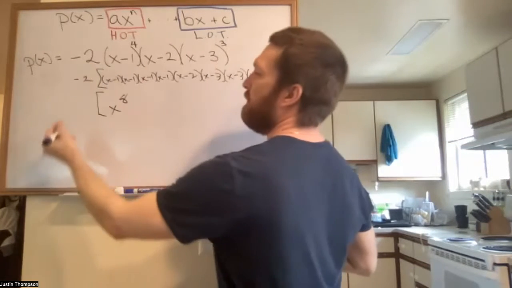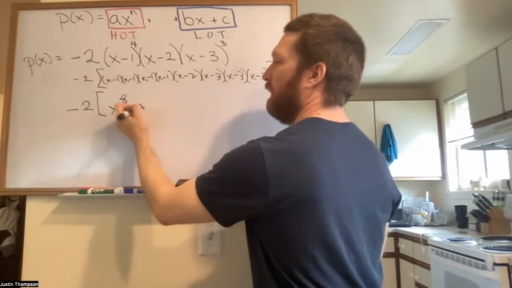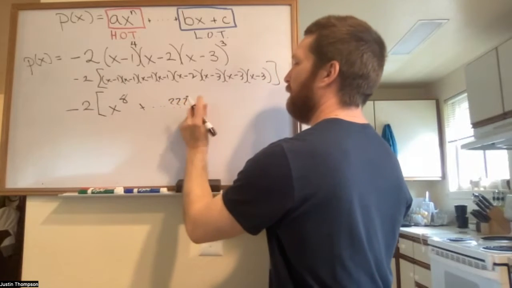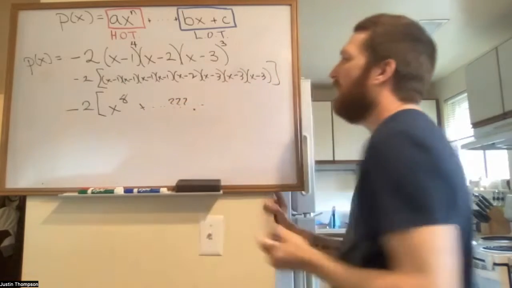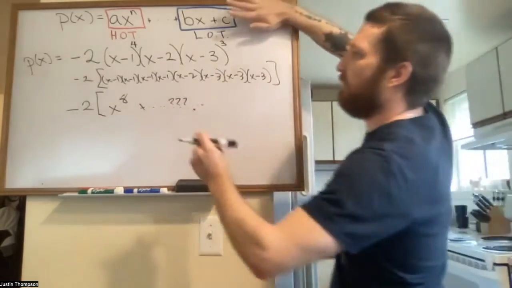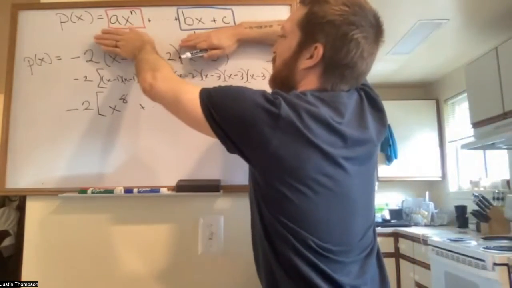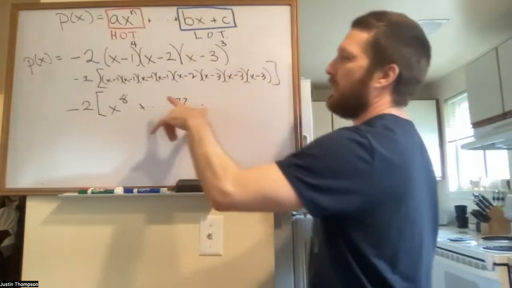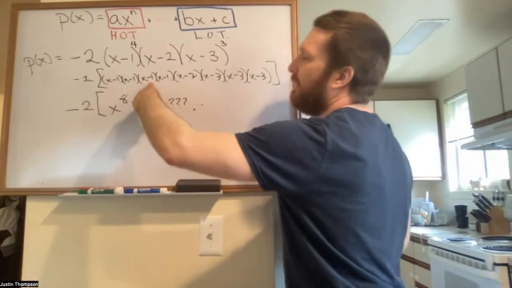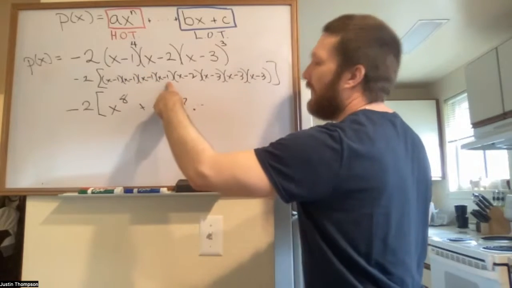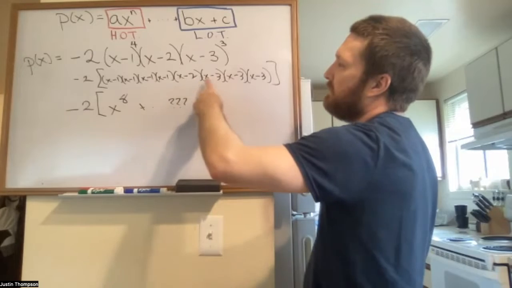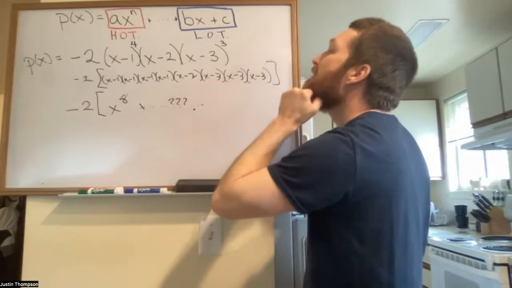X to the 8th will be my highest order term. We'll have a bunch of other stuff that we really don't care about. And then what about that last term? Again, if I didn't write it like this, we just go ahead and blindly go through it and say, okay, well, -1 times -1 is +1, times -1 is -1, times -1 is +1, times -2 is -2, and then times negative, oh man, I shouldn't have done that. But anyway,